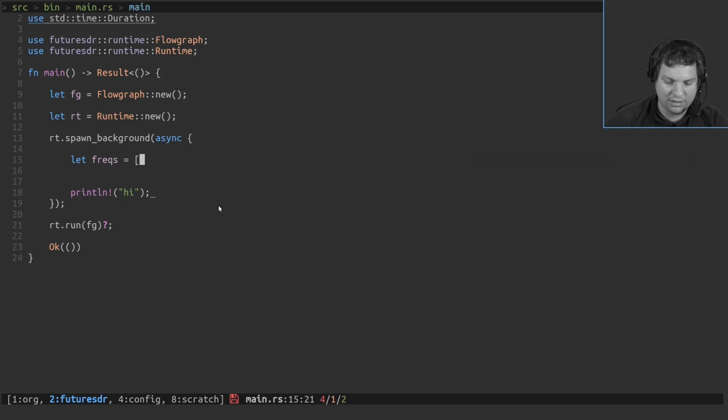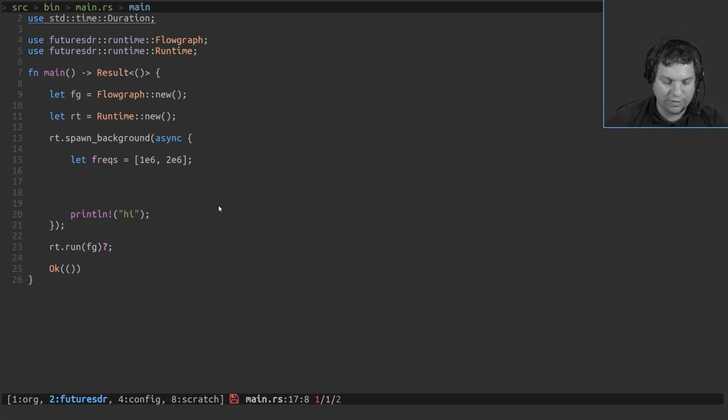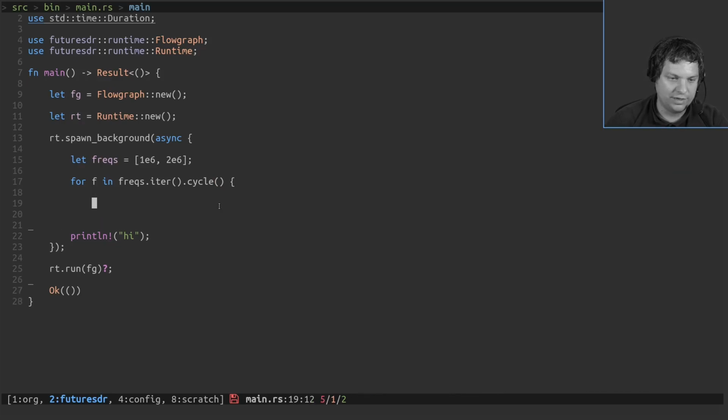Let's say 1 megahertz, 2 megahertz, I don't know what. And then you iterate over them with a cycle. So we just go through it again and again, and maybe we could do it infinitely.